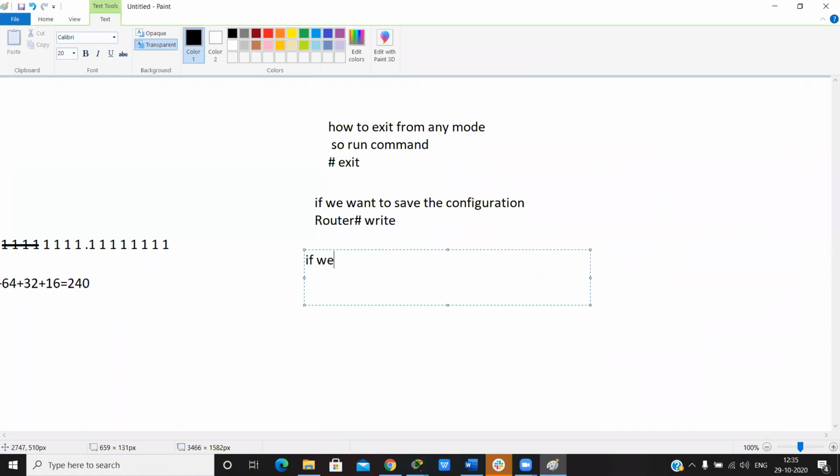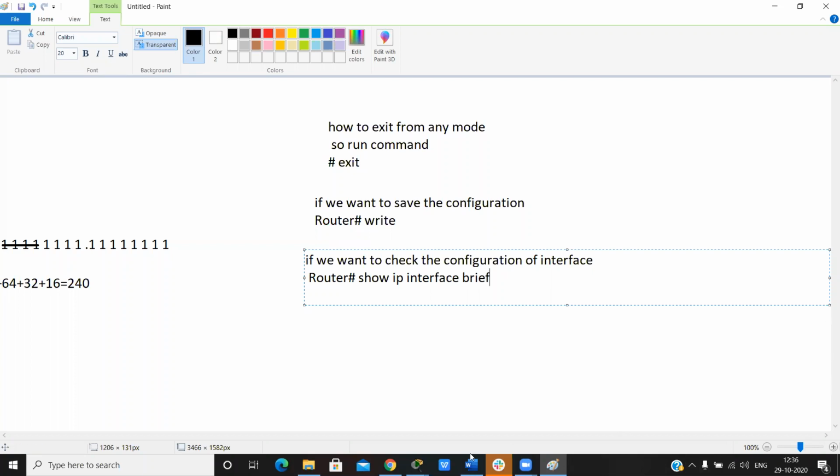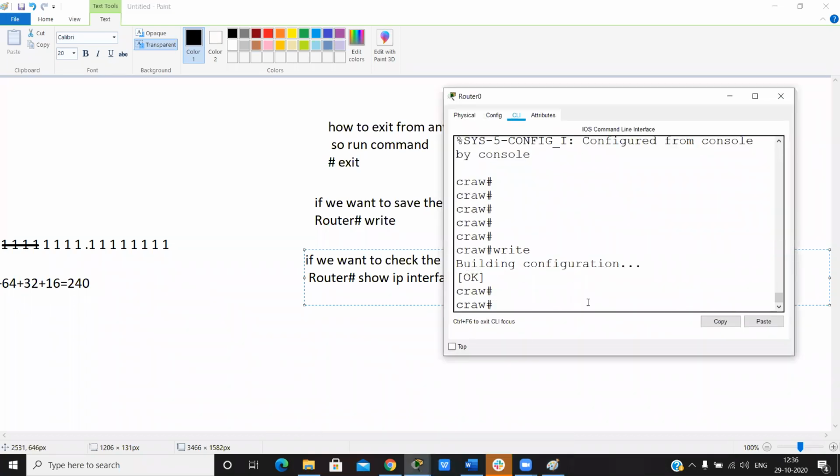If we want to check the configuration of an interface, then run the command show ip interface, the interface name. Is this in privilege mode or global mode, sir?